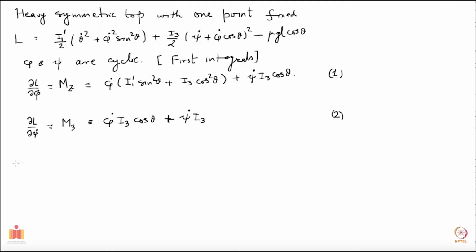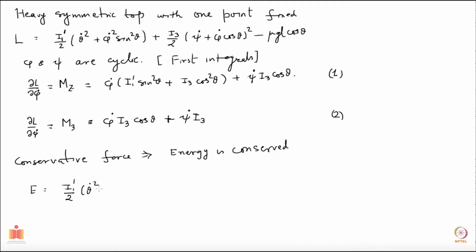So conservation of energy: a conservative force implies total energy conservation. So one more first integral, and that is the total energy E is conserved, which we have already seen, but I will write